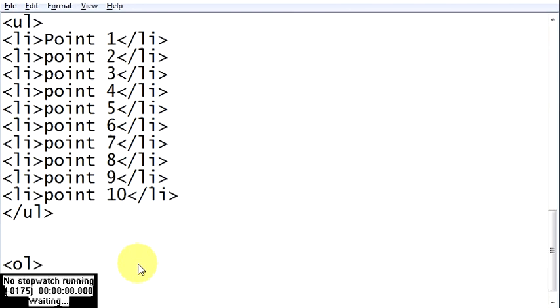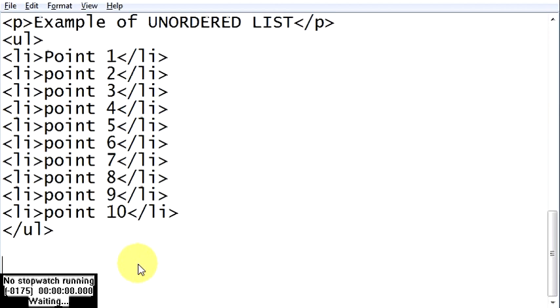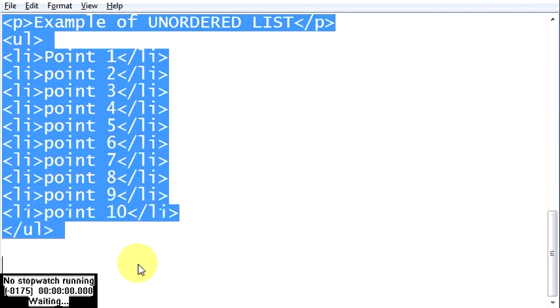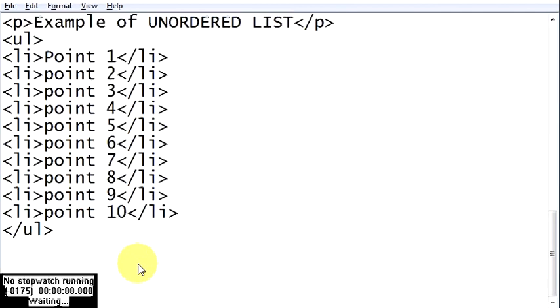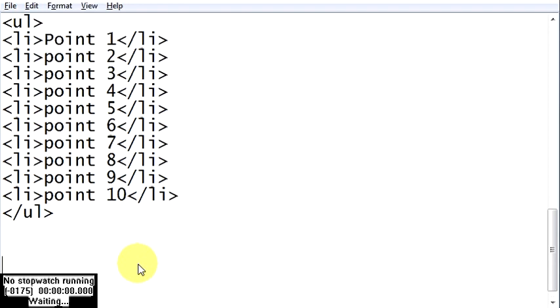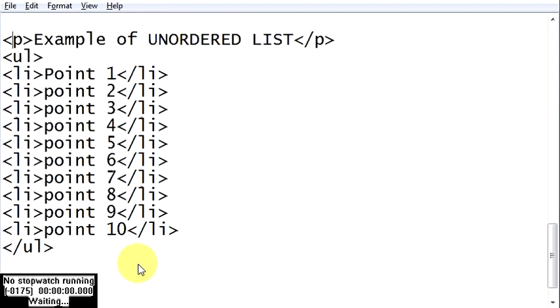For this demonstration I'm just going to copy this whole list and paste it over here. This will be our example of ordered list. I'll make it O and here also O. So this becomes our ordered list.